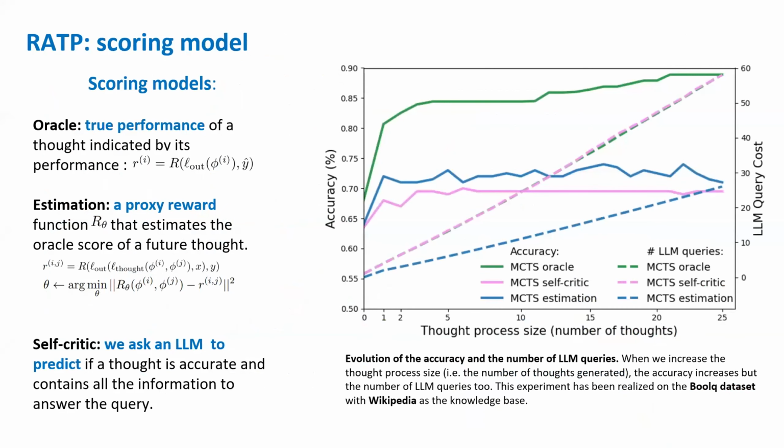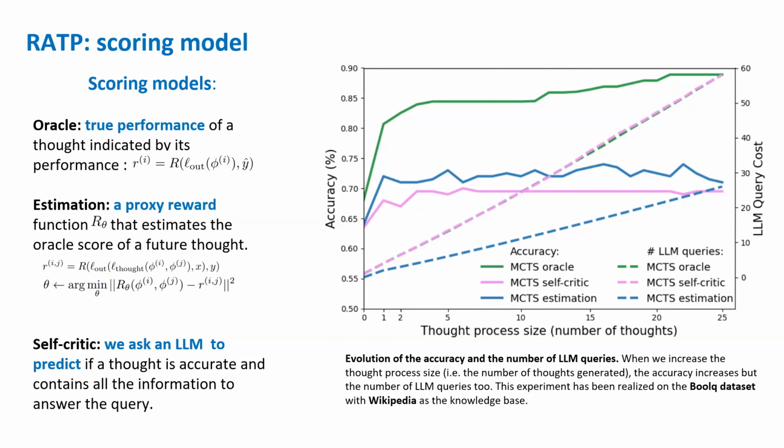In the paper, we have tried 3 scoring systems. The first one is an oracle. When we know the right answer, we can use any thought as a final thought and compare the predicted answer with the right answer. However, this oracle isn't available at inference time, of course, thus we compare 2 different approximations. In the first one, we train a simple model to estimate the oracle scores of a future thought given its parents. In the second one, we leverage the reflection ability of the LLM by asking it to score its own